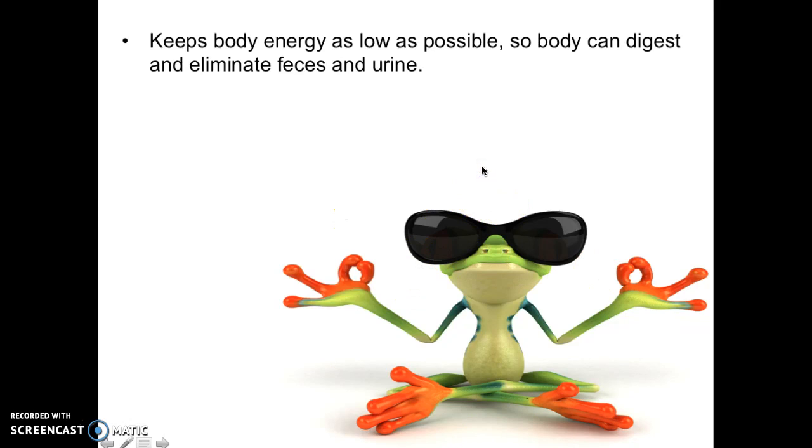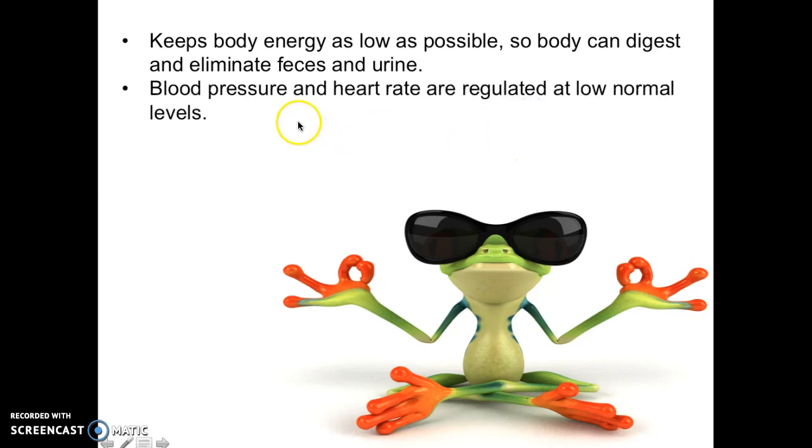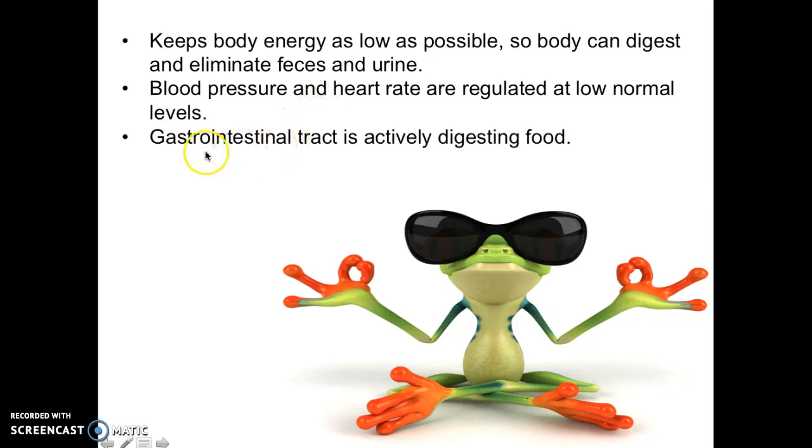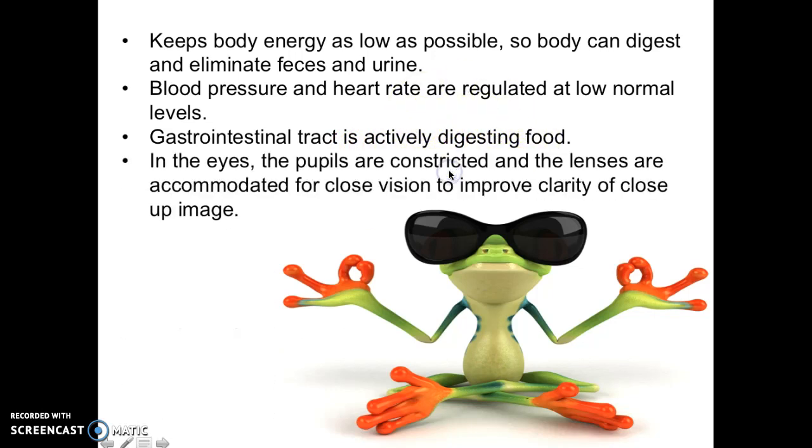It keeps body energy as low as possible so the body can digest and eliminate feces and urine. The blood pressure and heart rate are at normal low levels. Your gastrointestinal tract is actively digesting food, rest and digest, and this is the parasympathetic. In your eyes, your pupils are constricted and the lenses are accommodated for close vision to improve the clarity of